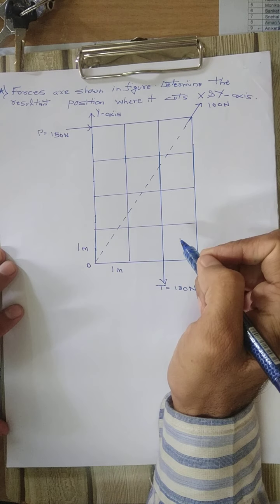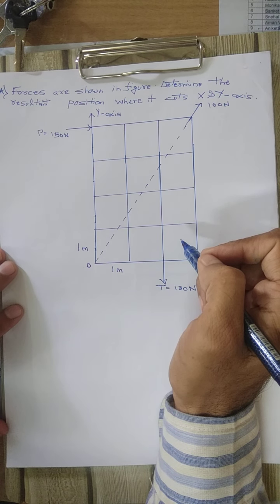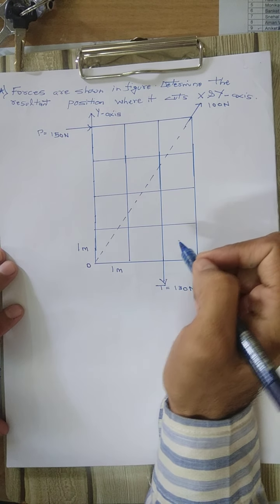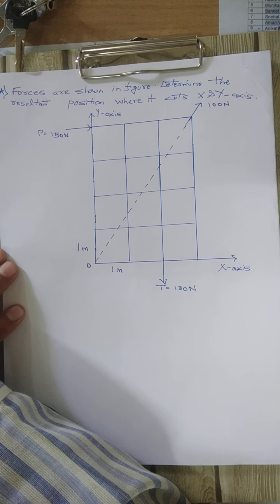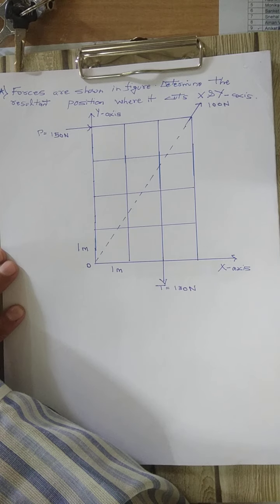Today we will have a problem on resolution of forces. In previous lectures we have seen the different parallel forces acting in downward and upward directions on a bar. We have already seen the forces acting on a bracket also. Now, a somewhat different concept in today's lecture: the forces acting on a grid.